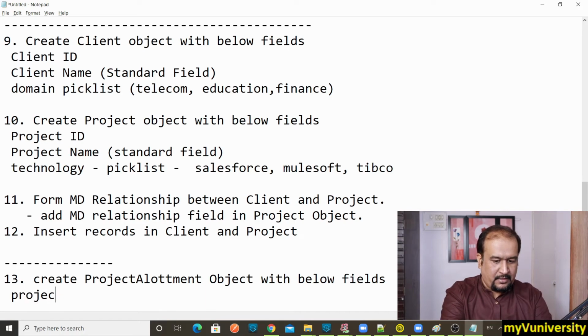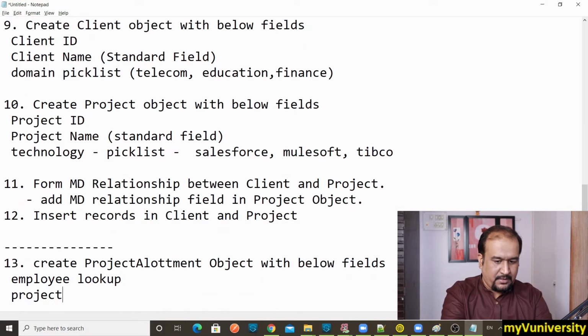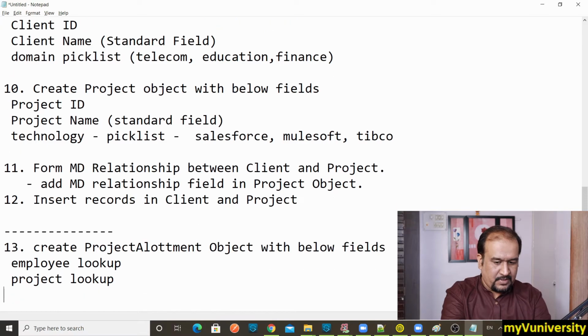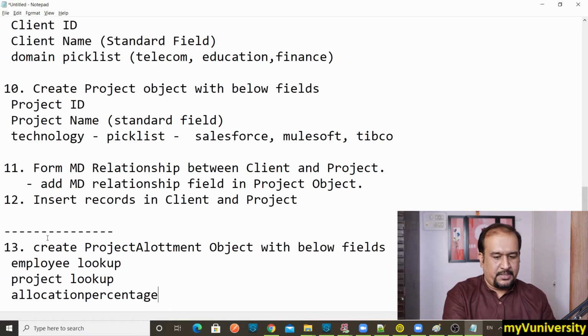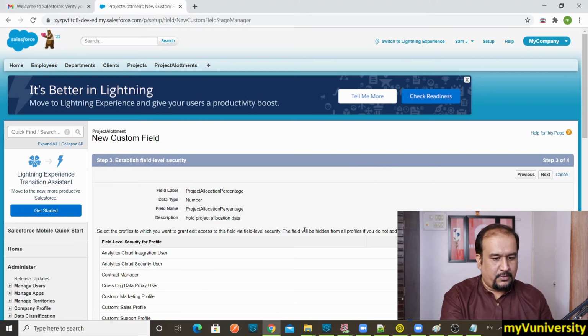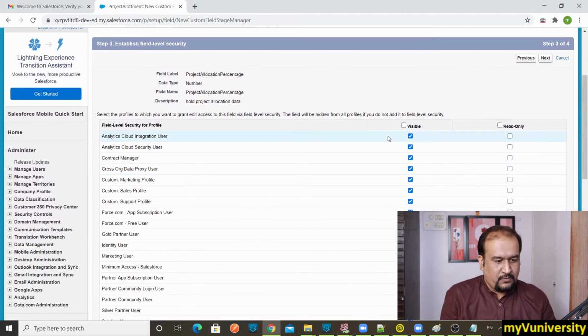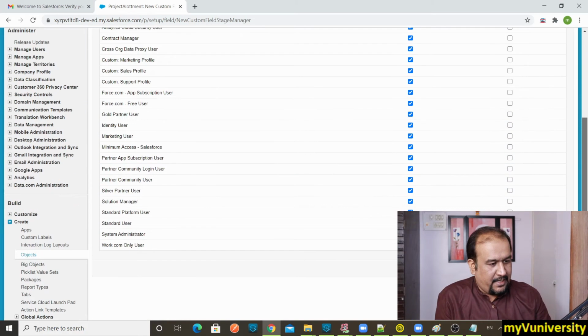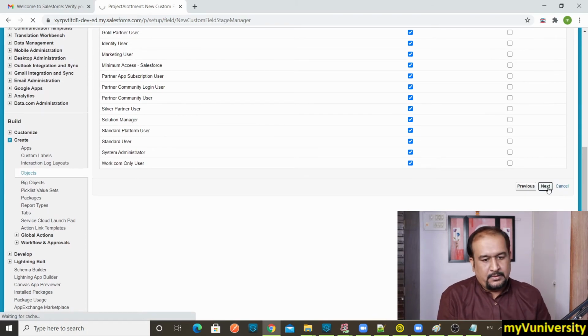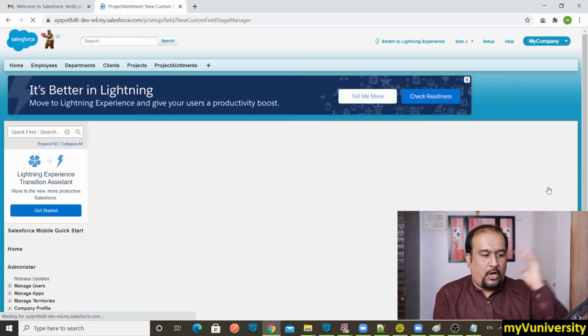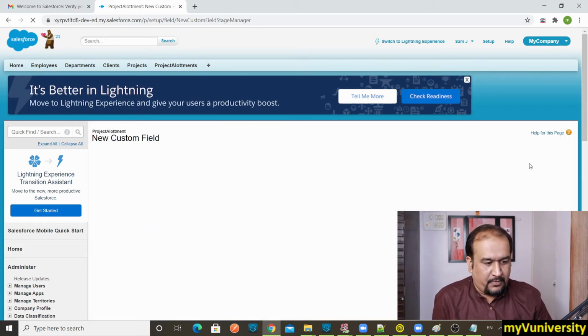So for project, what we want is the employee lookup, then the project lookup, and then we can have allocation percentage. Project allocation. Okay, that's visible to all profiles, nothing to do here. Everywhere I always say visible to all profiles.